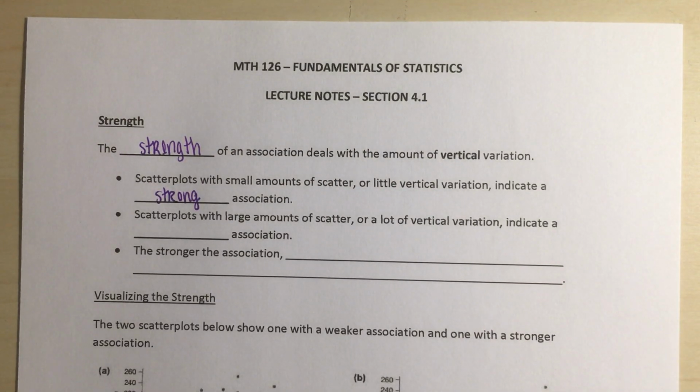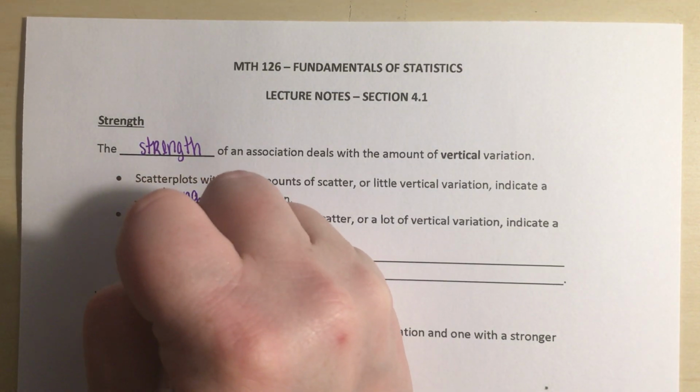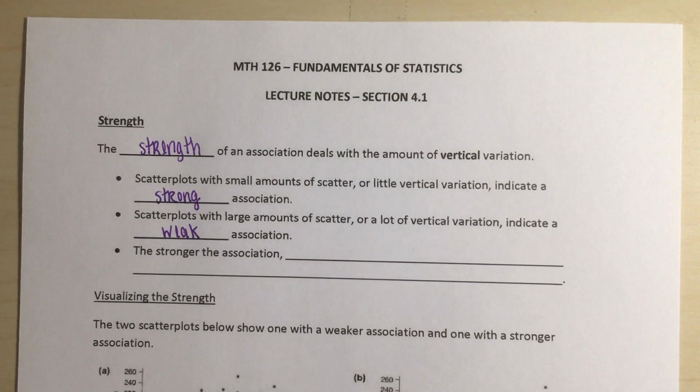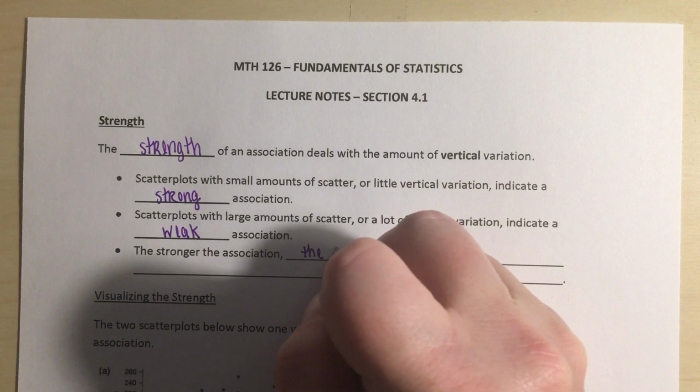Scatter plots with large amounts of scatter or a lot of vertical variation indicate a weak association. And we'll talk about what we mean by vertical variation as we look at the pictures that are below here. The stronger the association, we will say the better